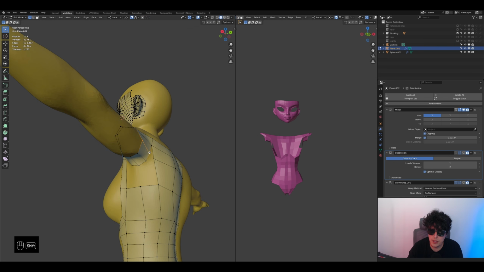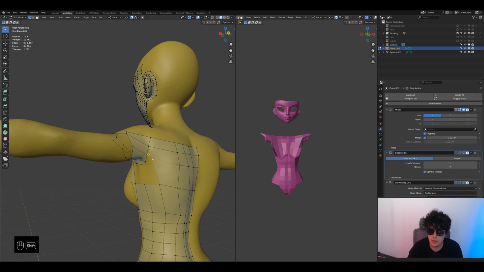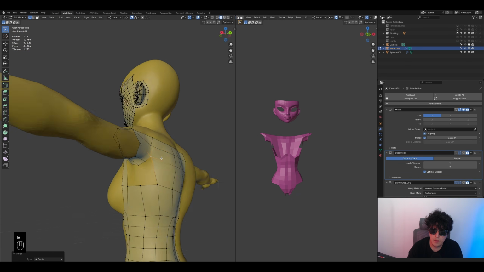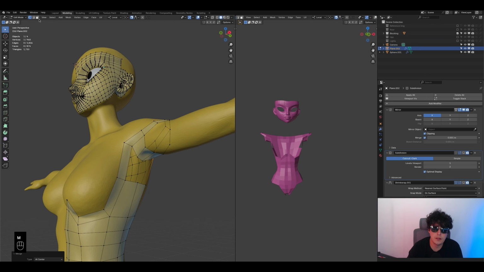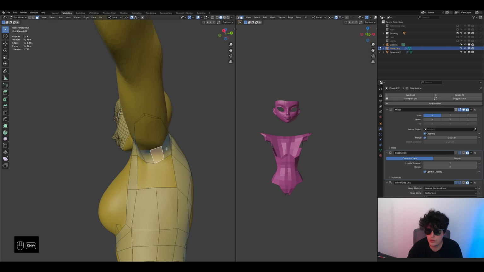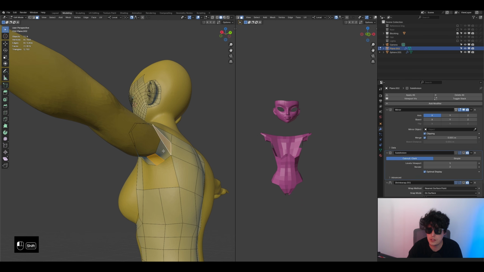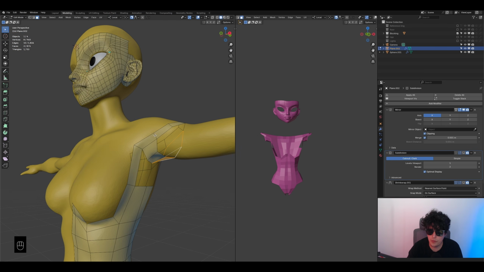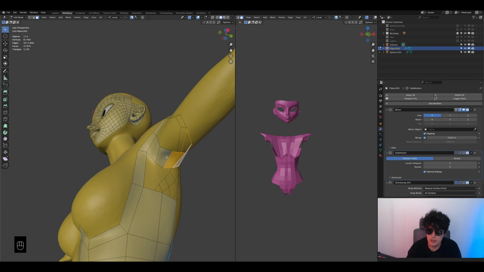By adding this loop here, I can now connect it to this loop here. And now we have a nice clean, even spread across. So 1, 2, 3 on this side, 1, 2, 3 on this side before we get to that area of the shoulder that we want to keep voluminous. So now we have 8, or we